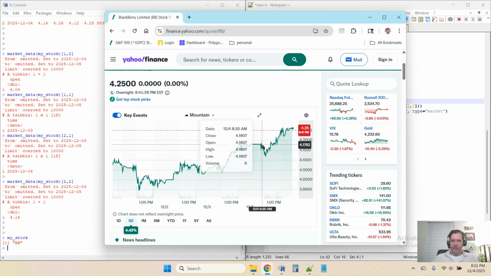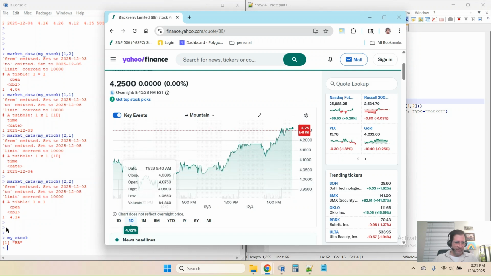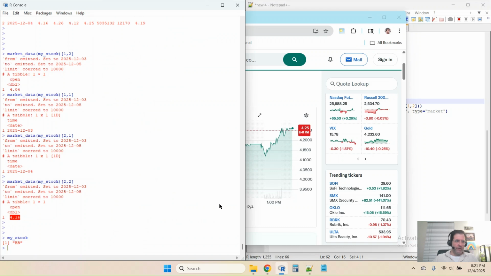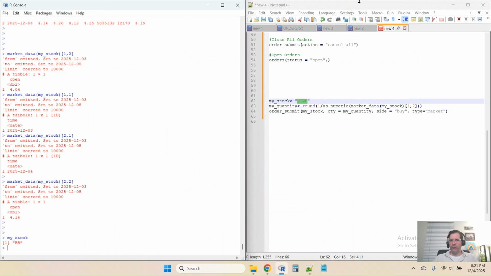Okay, so now you believe it. Thought I was going crazy a little bit, but you can see there at the open is right at 416, and that's what it says here. So that's good. They do correlate. So that's, I think, going to be all for today, guys. Tomorrow,